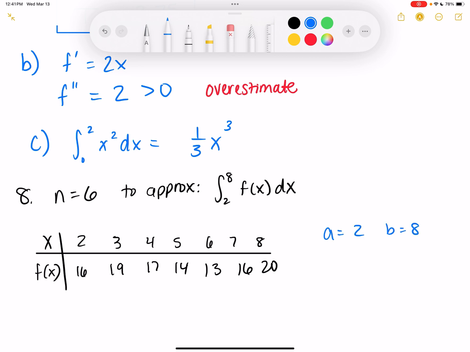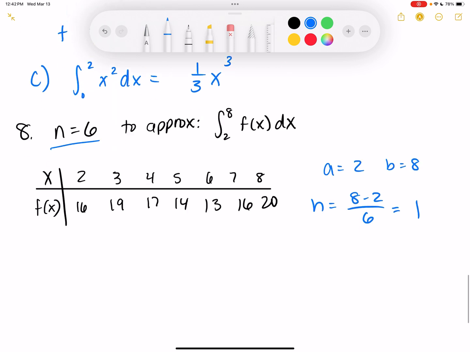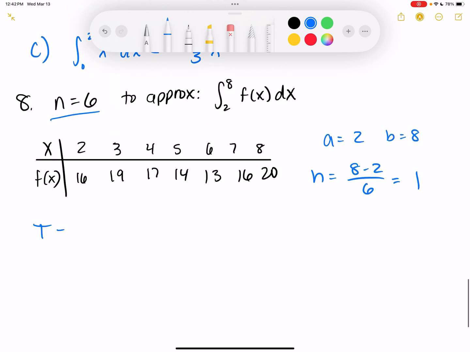They told us n was 6. So I can find h now by doing 8 minus 2 over 6, which is 1. So now I can use this to set up the trapezoidal rule. So T equals h over 2, h is just 1, so 1/2